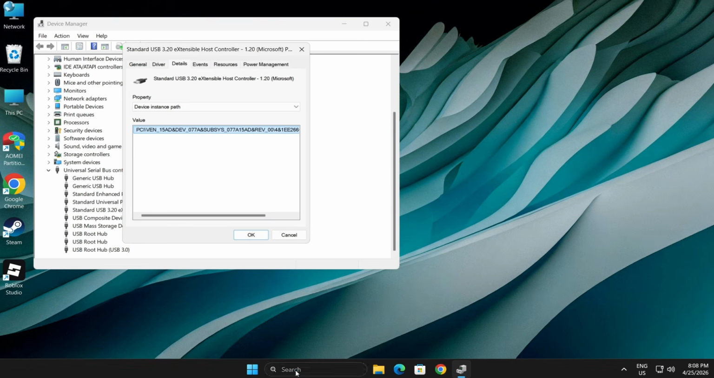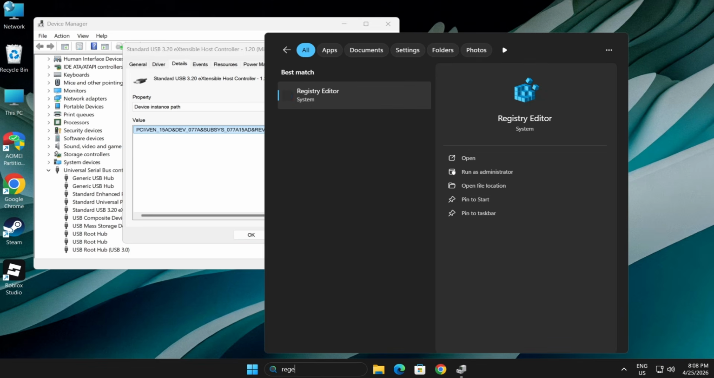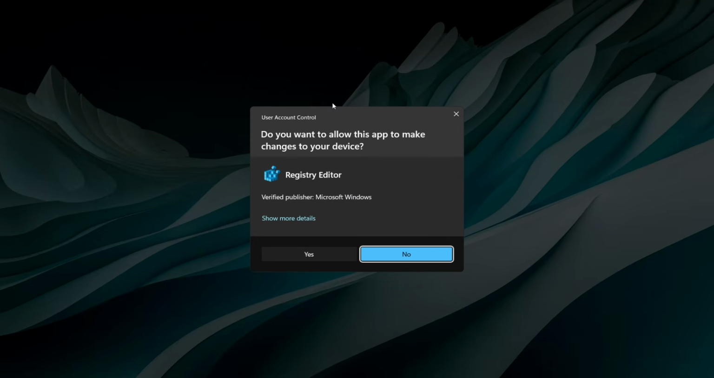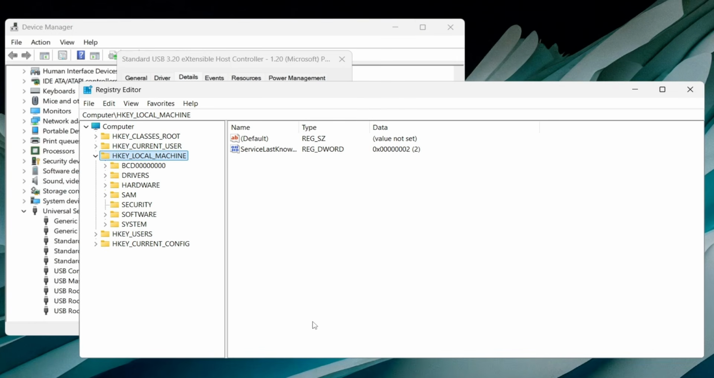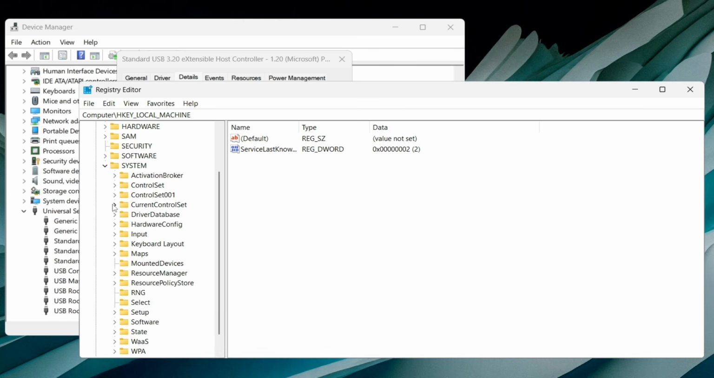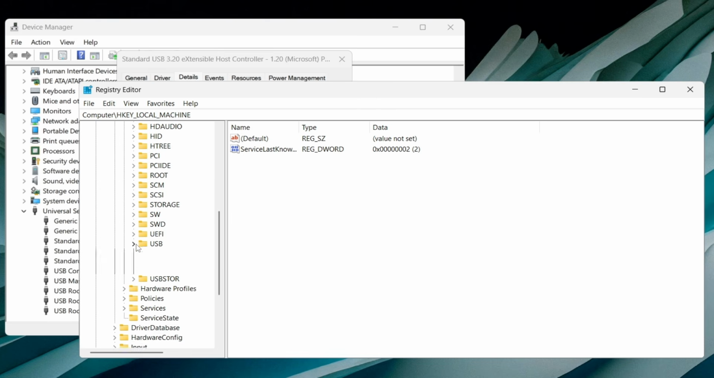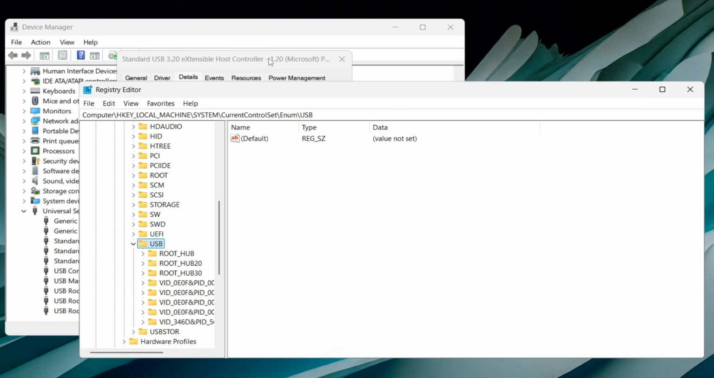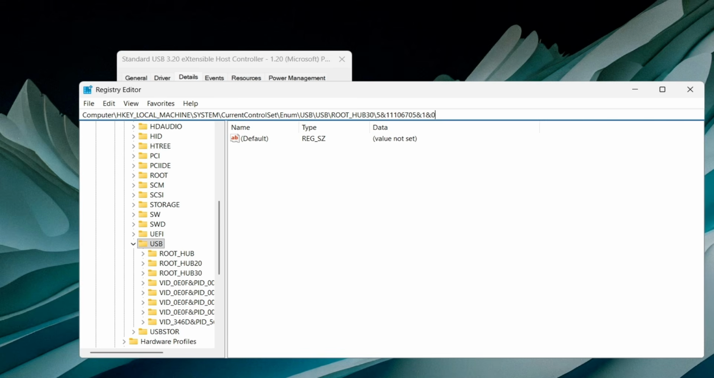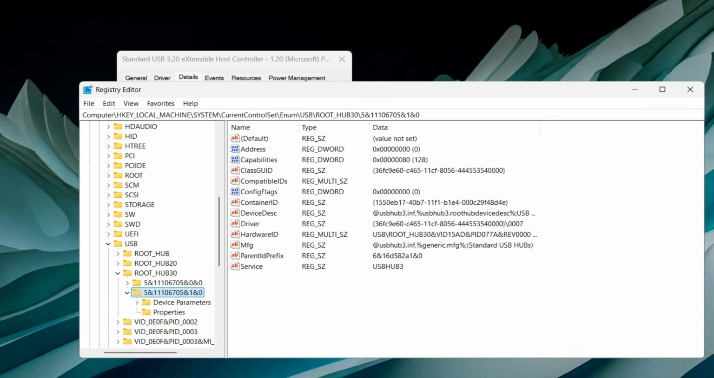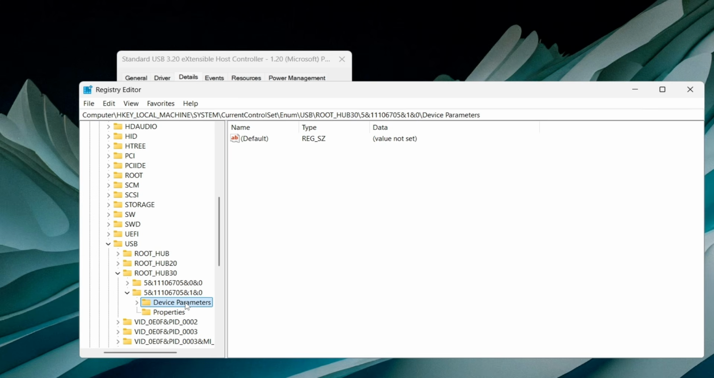Next, open the Registry Editor by typing regedit in search and open it. Expand HKEY_LOCAL_MACHINE, then go to System, expand CurrentControlSet, then Enum, and find the USB folder. Click on it. Now paste the device instance path which we copied earlier and press enter to locate your device. Once you find it, then click on Device Parameters folder, and on the right-hand side window, you will see one